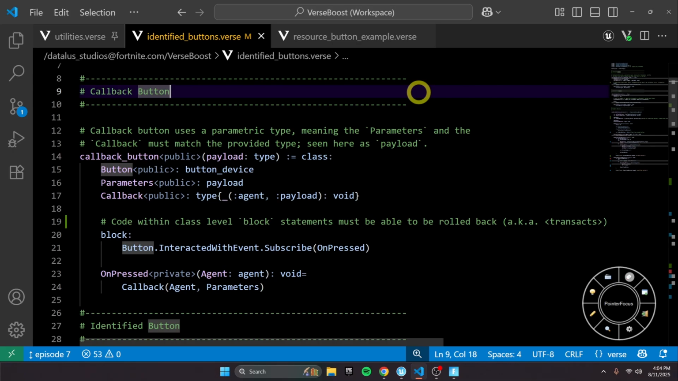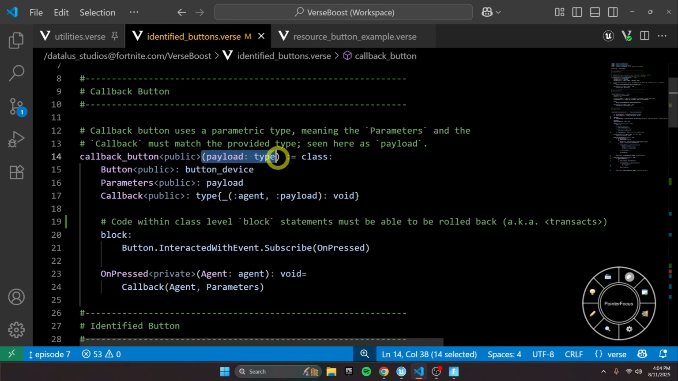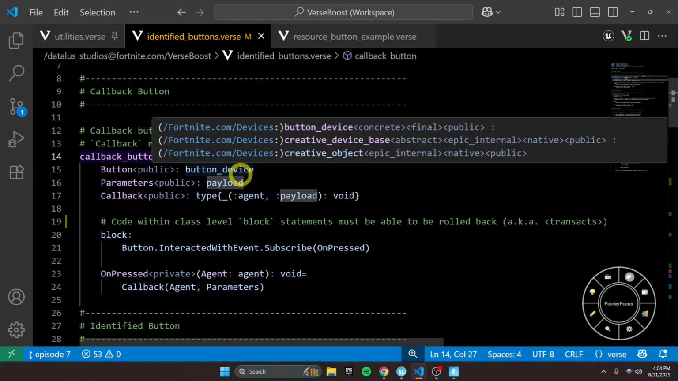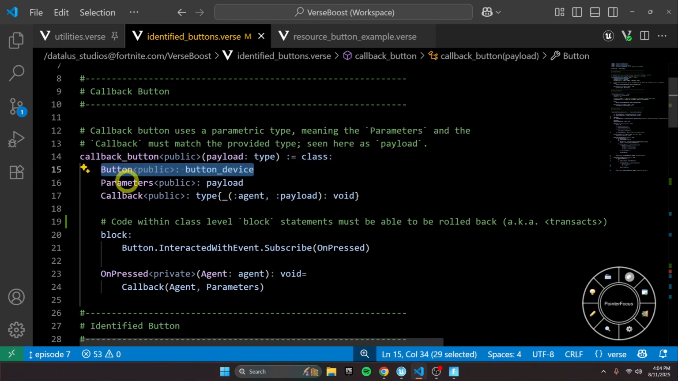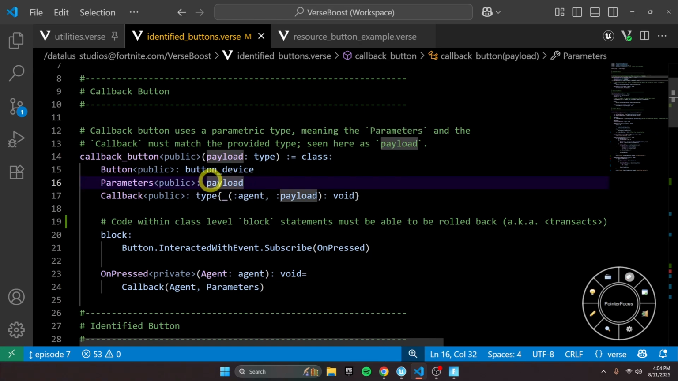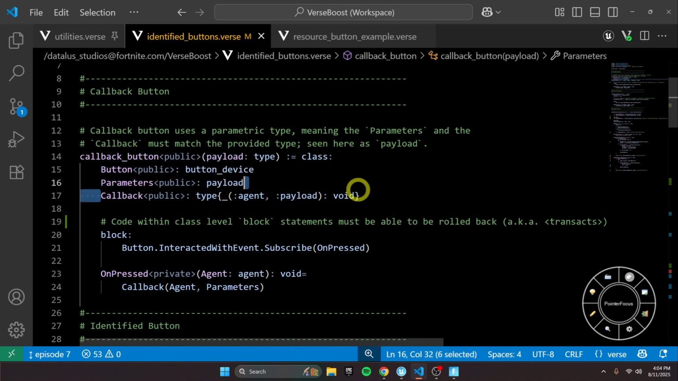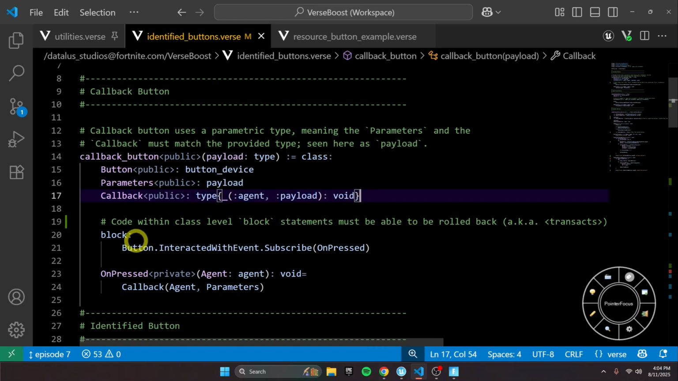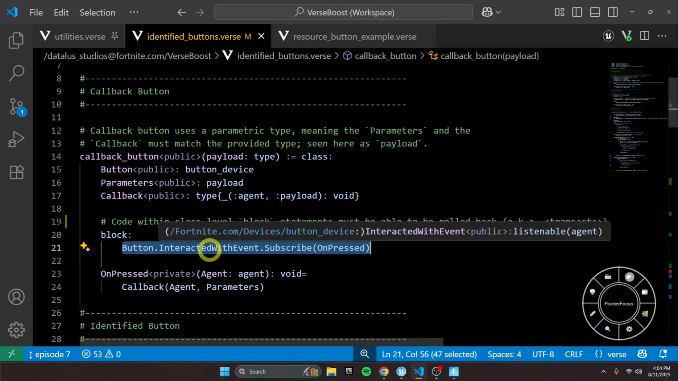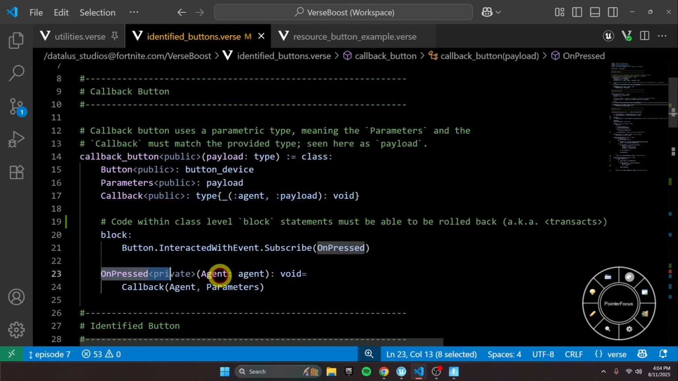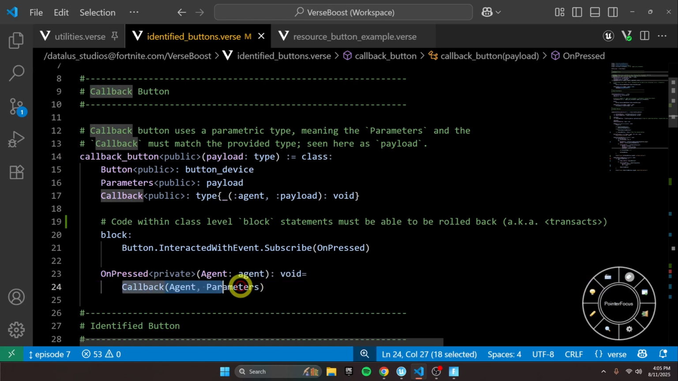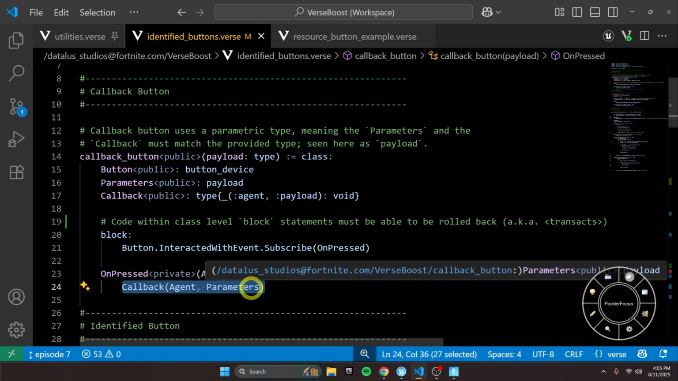Here's our callback button class, and this class just makes it so we can pass any type of parameters we want once the button is pressed. You'll see here that we're using this parametric type that allows us to use any different type, and we'll show you that down the line. But you'll see we have to pass in a button and the parameters to that button. So that's where we say, like, if it's an int, this is button 0 or this is button 5 or whatever, and then it'll be the callback function. And the callback's important because right here, we subscribe to the interacted with event, and it will call this method OnPressed, which will in turn call our callback with the agent and also the parameters that we